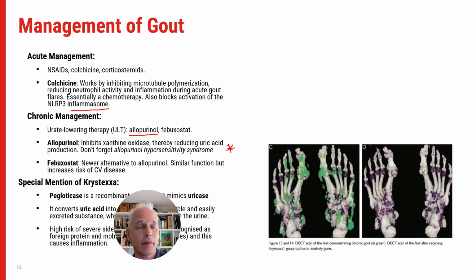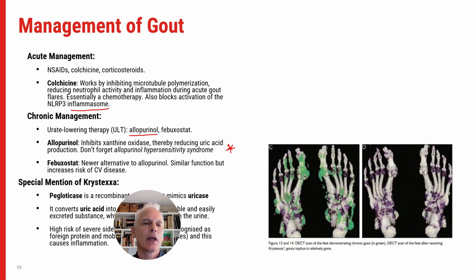Now, this is a key thing to remember. When you have your hyperuricemia, you are accumulating uric acid for years, and when you take allopurinol, it does not get rid of your monosodium urate. All it does is it helps to stop the continued accumulation of uric acid. So when you take pegloticase, it actually helps to get rid of the stored uric acid in the form of